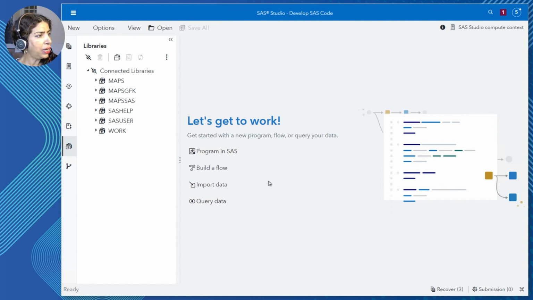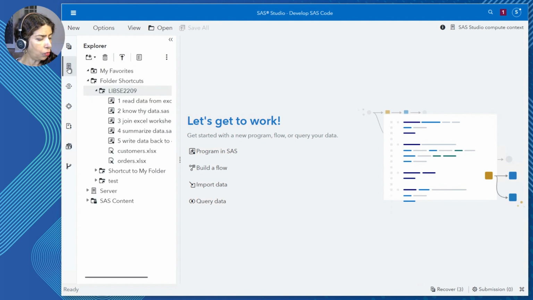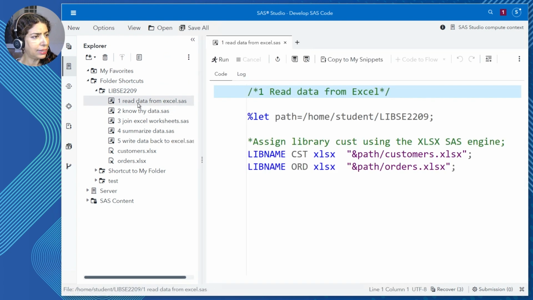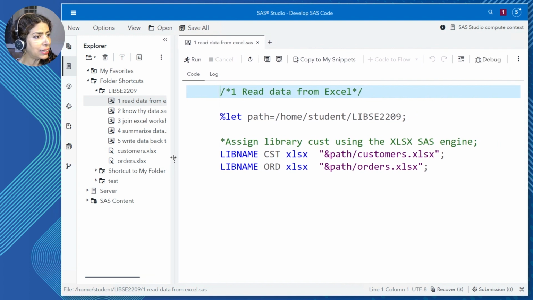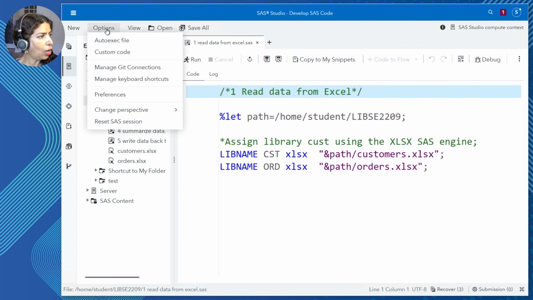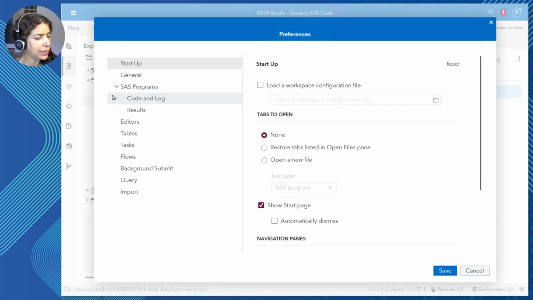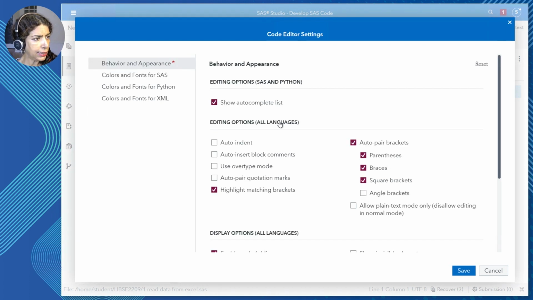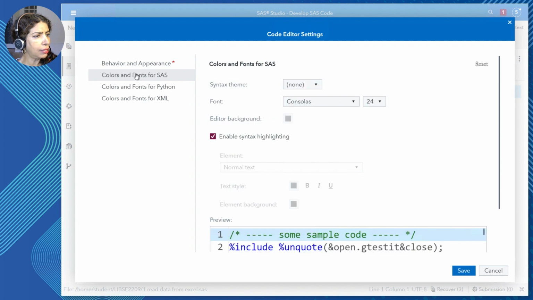Now, I want to bring in programs, and so I'll go to my Explorer window, and I'll pop open the very first program. Let's make that a bit bigger. This one here, Read Data from Excel. When you look at this screen, if you feel that the font size is not big enough, you can certainly make a change by going to the Options menu, going to Preferences, and there, if I go to Editors on the left, on the right side, I'll click Editor Options, and then I can change the colors and font.